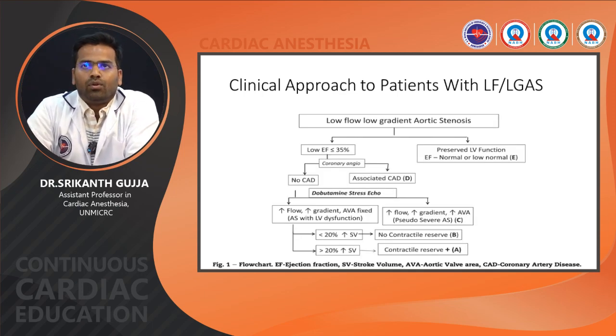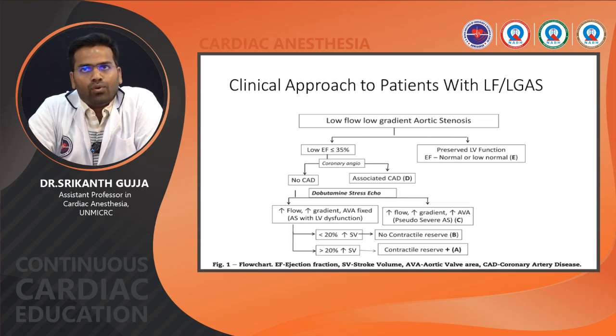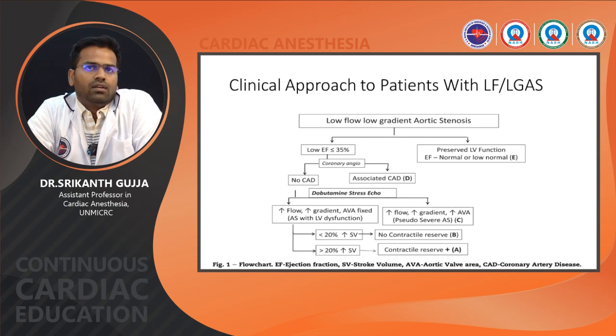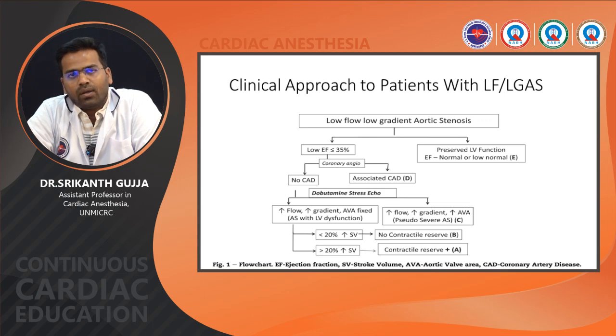Clinical approach to patients with low flow, low gradient AS. This is the flow chart of how we approach a patient who comes with low flow, low gradient AS. Usually these patients have a low EF, and in low EF patients, whether these patients have a coronary disease or not, we distinguish with coronary angio. In coronary angio, if there is coronary disease, maybe this LV dysfunction may be due to coronary disease, and if there is no coronary disease, we do dobutamine stress echo to distinguish the true AS from the